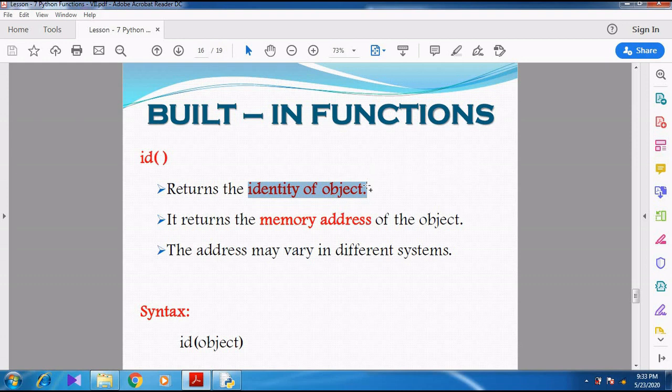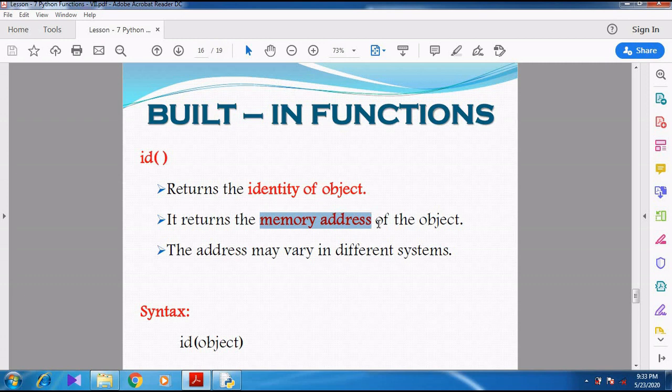Here identity in the sense, it is used to return the memory address of the object. See, we have studied in 11th standard in programming languages, whenever we create a variable, each and every variable is stored in a memory address. You might have studied this in 11th standard, first volume, third chapter.